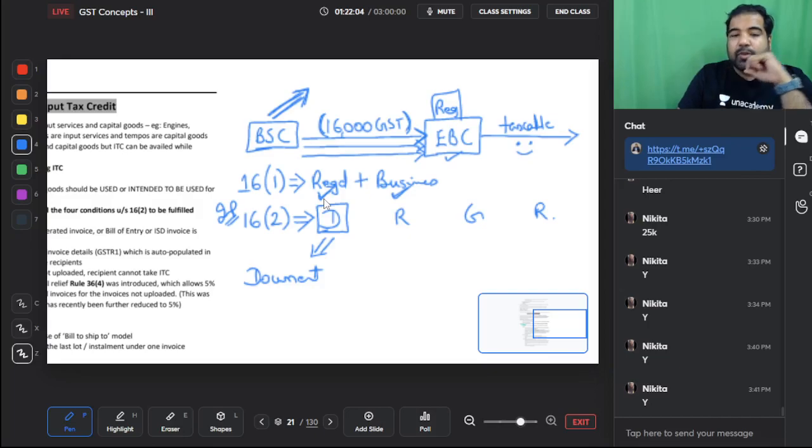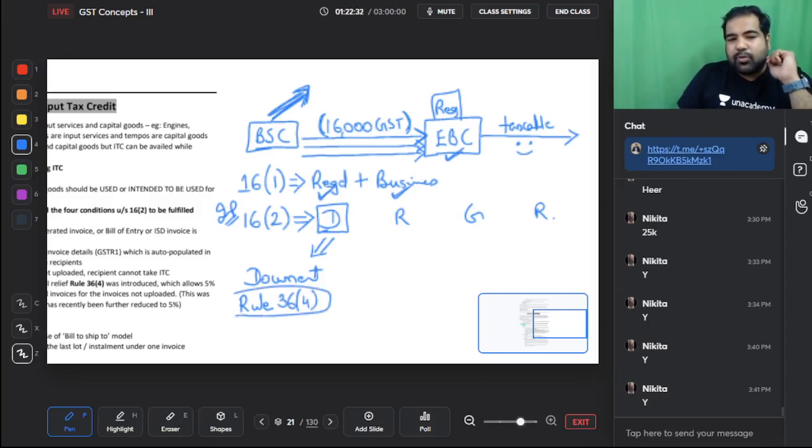That's right. And that is actually not a good thing, because you are dependent on someone else. It's like you are writing your exam, and your exam results will be given based on someone else writing the exam. How is that right? So hence the government says, don't worry. I know this is not right, because for you to get credit, the battery supply company has to upload details. So don't worry. We are creating a Superman section called Rule 36(4).